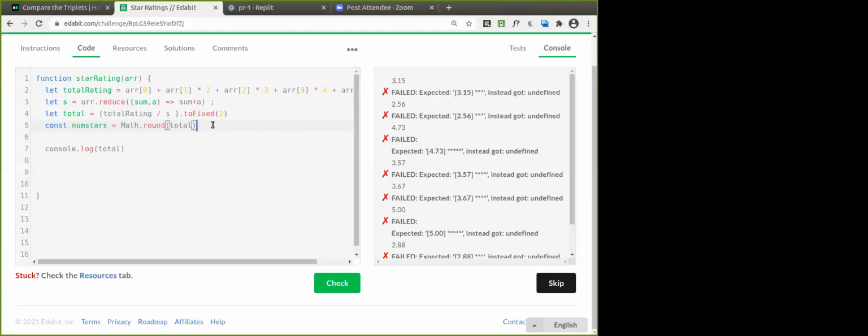Good. Now, how about printing the stars? Let us take this one. let result, isn't it? So what we are required to display is in the form of this one. It is asking you to give it in the form of a string. So let's take this as a string. So bracket. Yeah, let's concatenate this one. So what we should get is total first here. Good. Then concatenate this. Yeah, we got the bracket.